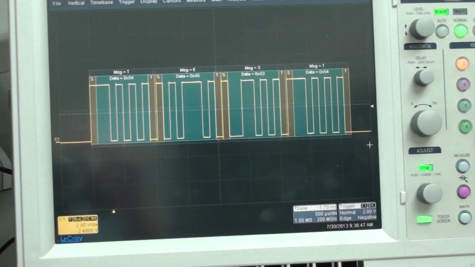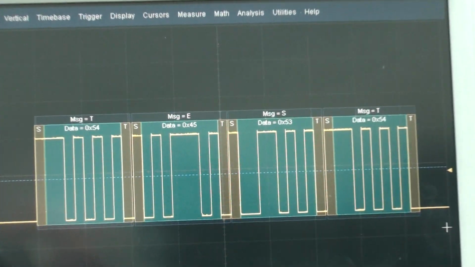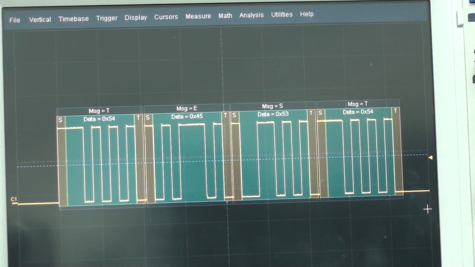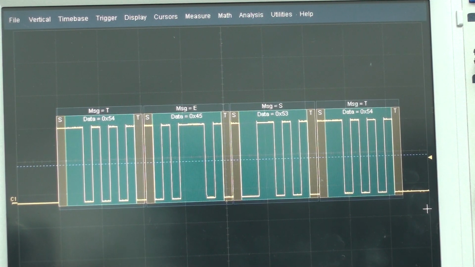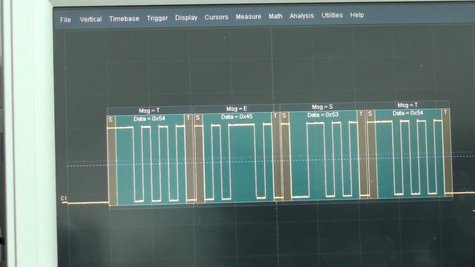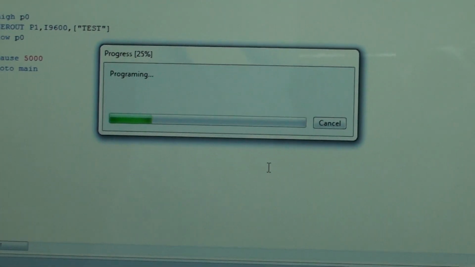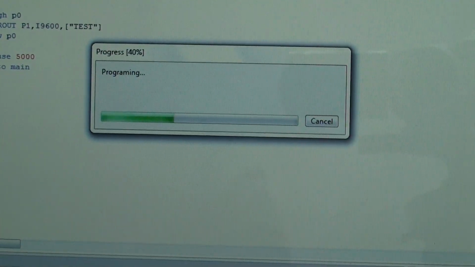If I go to the Logic Analyzer on the scope, again that's decoding correctly and it's giving us the correct ASCII characters. Now if we were to set the program to work in low mode, so we're working on I 9600, which I'll just do now. Okay, this is now programming, and while that's doing that, I'm going to set the Logic Analyzer up to